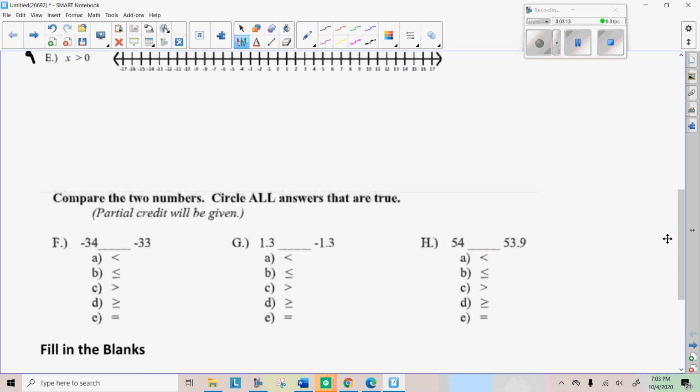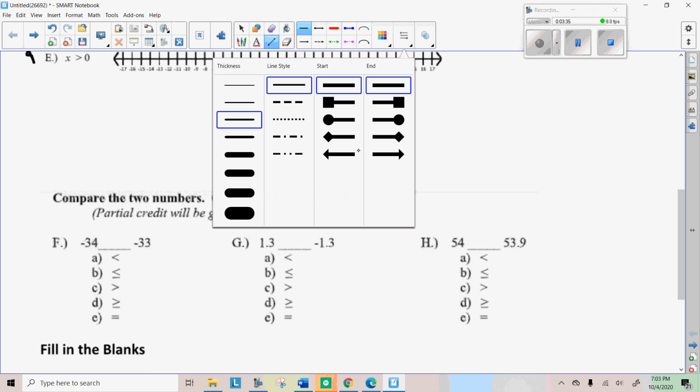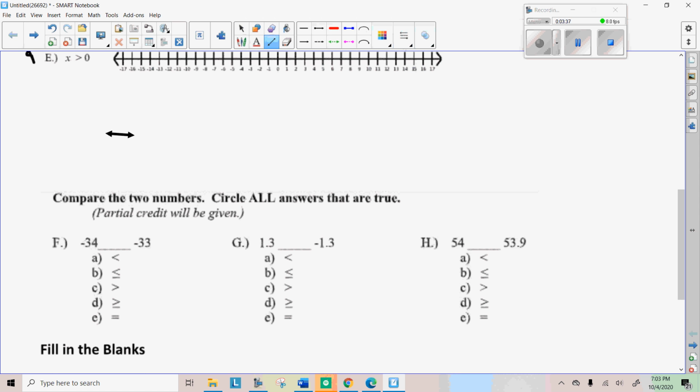This one says compare the 2 numbers, circle all answers that are true. What you're going to want to do on this one is think about which one is further to the right on a number line. So on a number line, I'll just draw in an arrow like that. And let's just think about these numbers. Negative 34